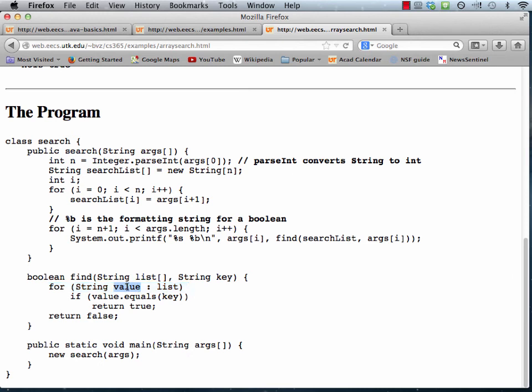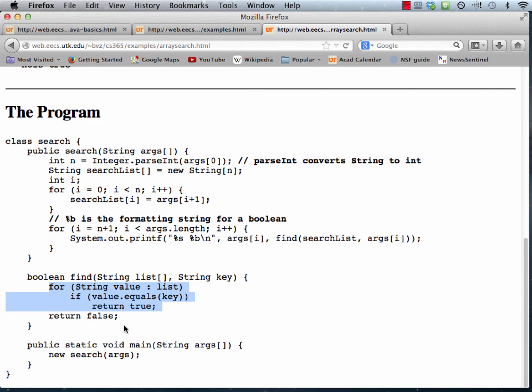Remember, the loop variable is on the left of the colon and the array on the right-hand side. Also remember that with strings we have to use the equals method to compare two strings, and if they're equal we return true. And if we manage to iterate through the entire list without finding the string or the key,